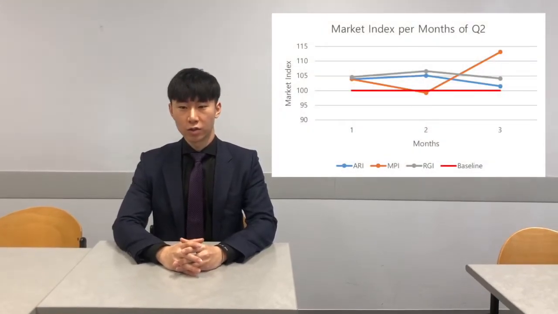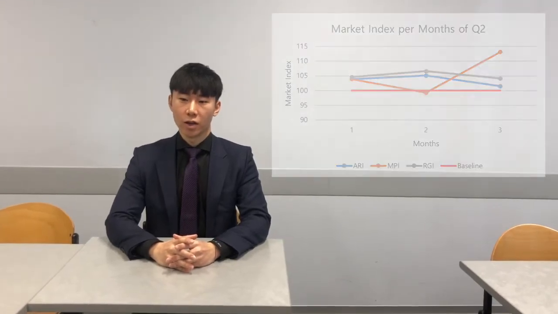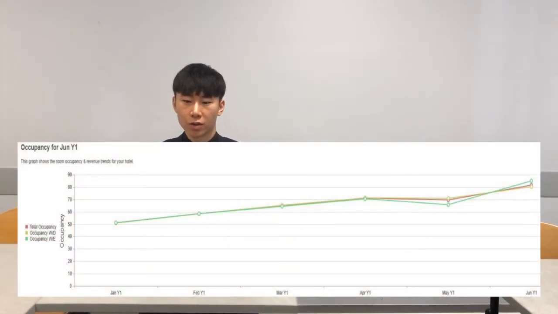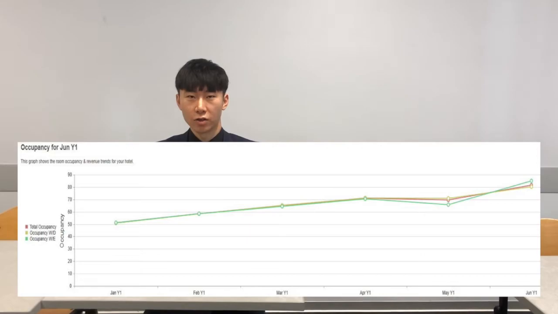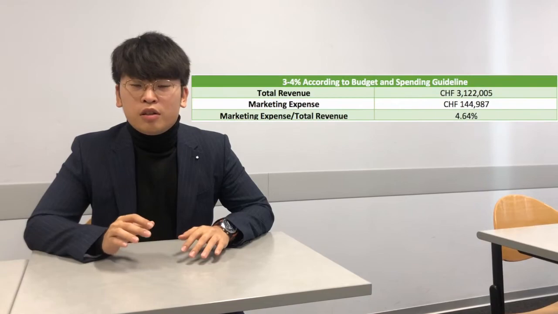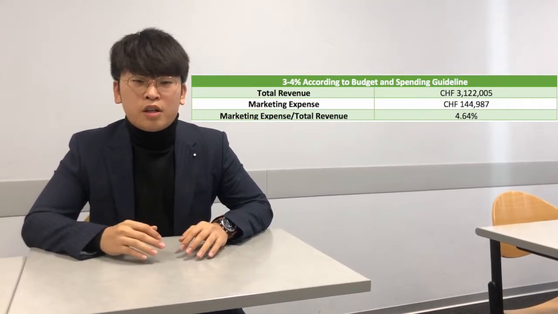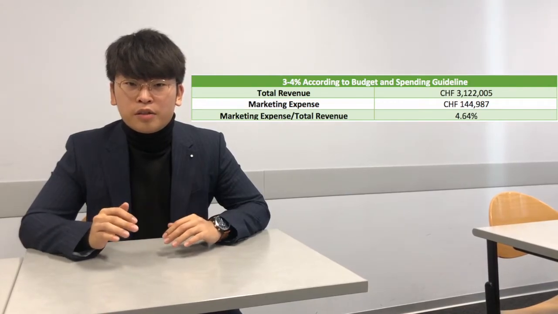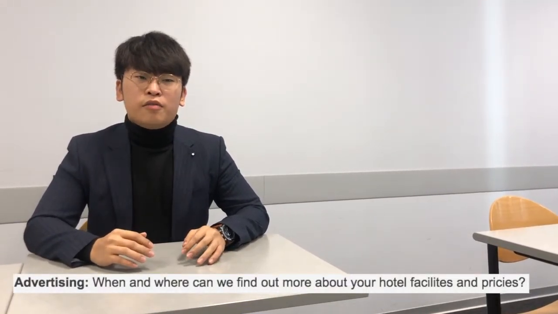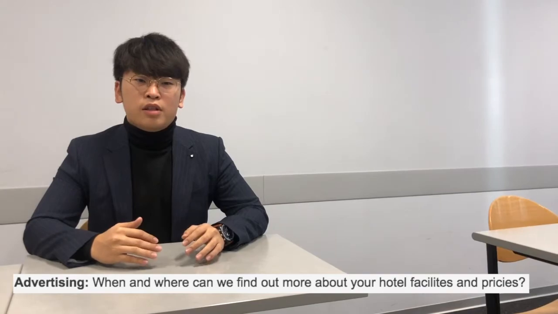As a result, we could achieve higher occupancy rate, ADR and RevPAR than the market baseline, and a continuous increase from the beginning of the year. The marketing for second quarter was an adaptation to the market after an analysis of first quarter. We decreased our investments on advertisement, but still a little bit higher than the budget or spending guideline to match with the growing demand. On the other hand, guests felt there was a lack of advertisement, yet we were expecting